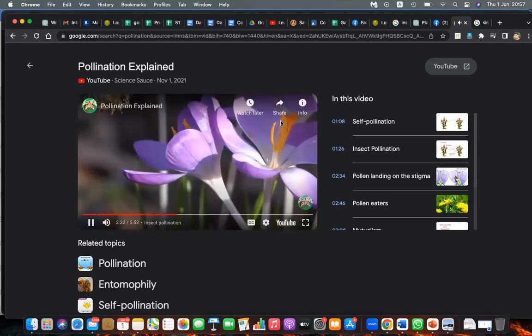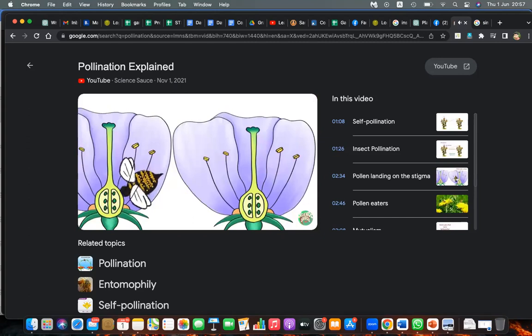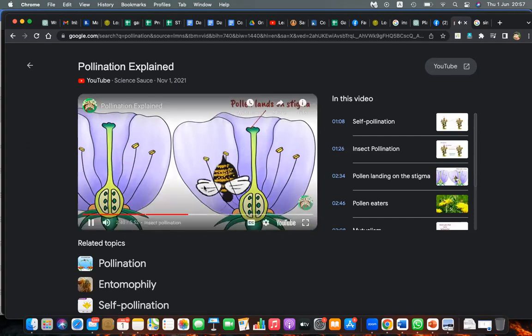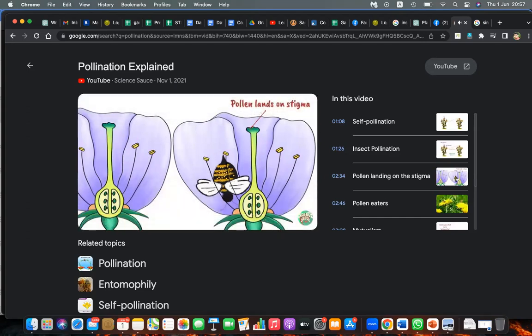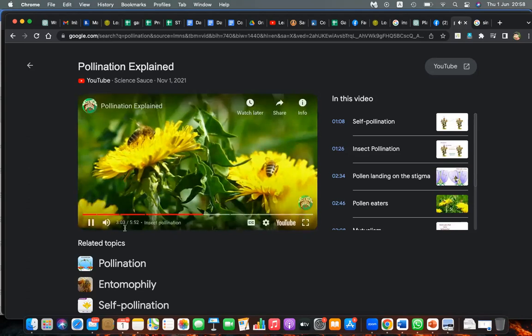Obviously, these insects aren't stopping at just one flower. As they carry on visiting other flowers, some of those pollen grains trapped on their body are bound to get deposited on the next flower. Some of these pollen grains will land on the stigma. The stigma of this type of flower is a sticky structure, ideally suited for pollen to attach to. Some insects are actually pollen eaters, and they visit flowers to eat the pollen itself. This might seem very unhelpful to flowers, but it's just a simple trade-off. While insects are feeding on the pollen, they'll no doubt get some trapped on their body. Flowers can afford to sacrifice some pollen to insect consumption, provided at least some of it is trapped and transferred